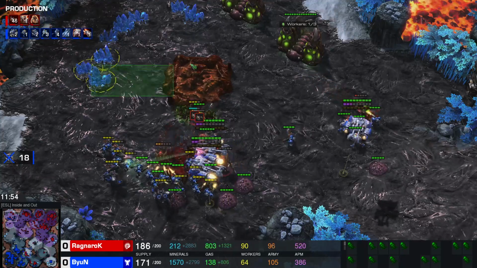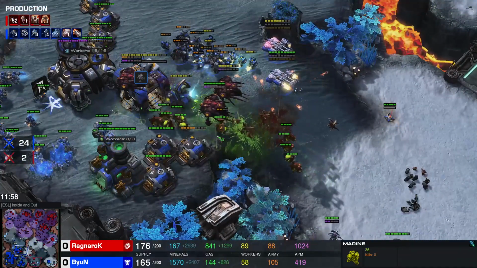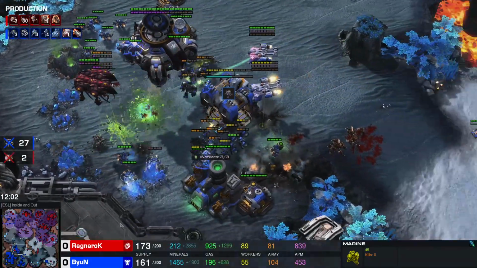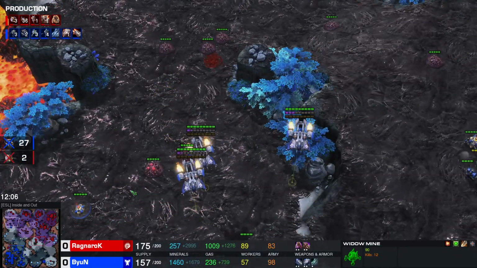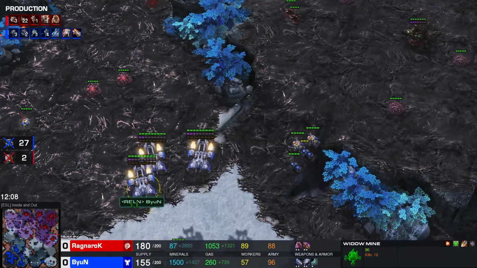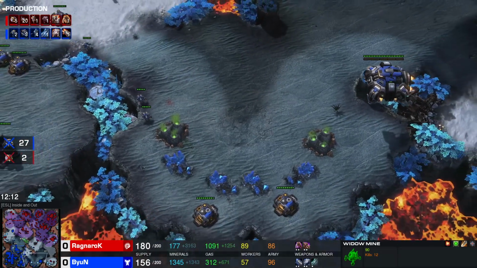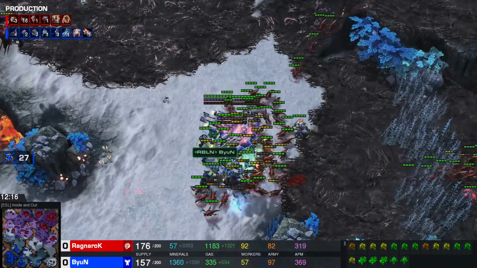dying. At the same time, left side base does fall here on the side of Ragnarok, but Ragnarok, oh my god, that was a mine shot from the very far left field there. 12 kills on that mine, all of those banelings most likely. 89 workers against 57. A base for a base and a half, but 27 workers went down on the side of Byun, while only 2 workers went down on the side of Ragnarok, and I think that is the real